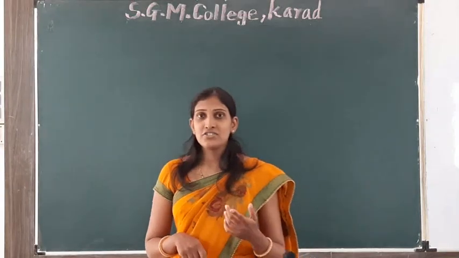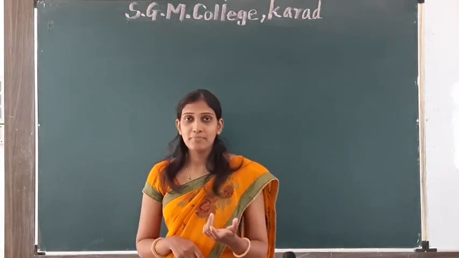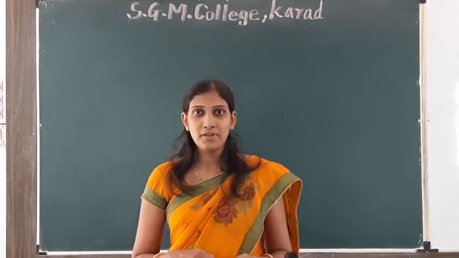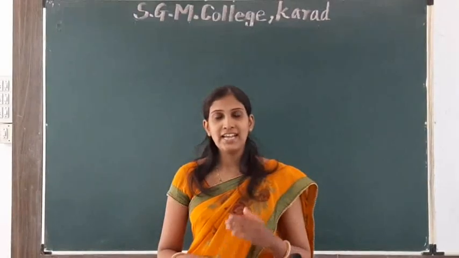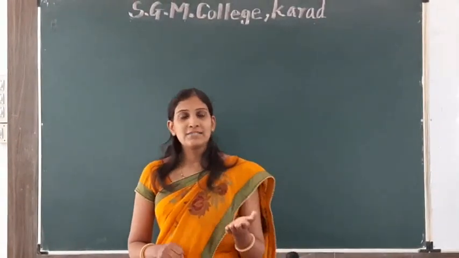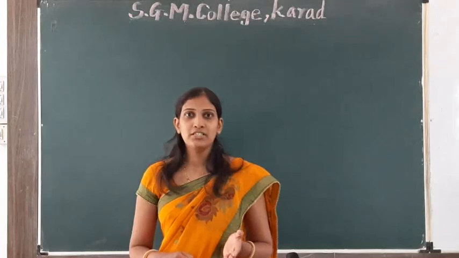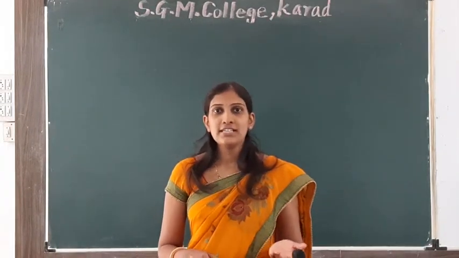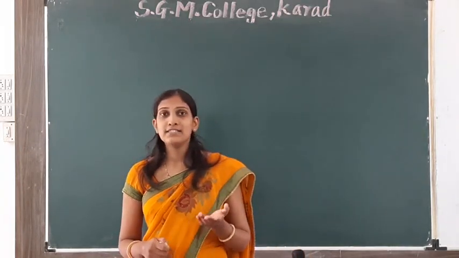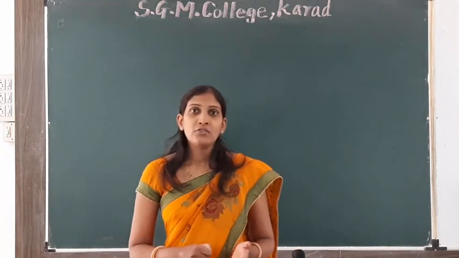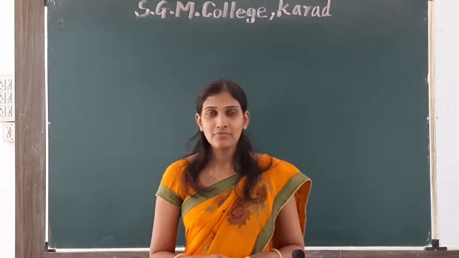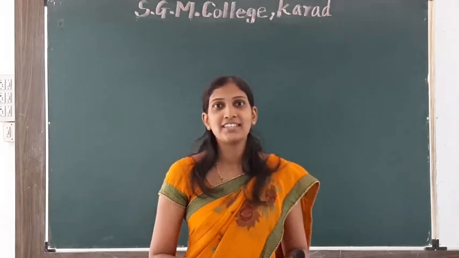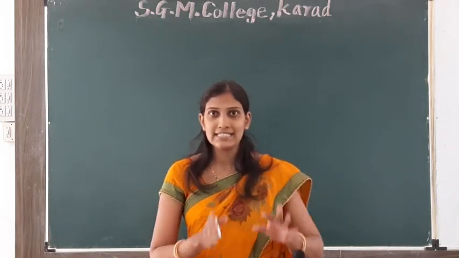And the vector and Cartesian equation of a line passing through two points: r bar is equal to a bar plus lambda (b bar minus a bar), and its Cartesian equation is (x minus x1) upon (x2 minus x1) is equal to (y minus y1) upon (y2 minus y1) is equal to (z minus z1) upon (z2 minus z1). We studied this fourth theorem, and after that we studied some examples based on it. I hope you understood those examples.